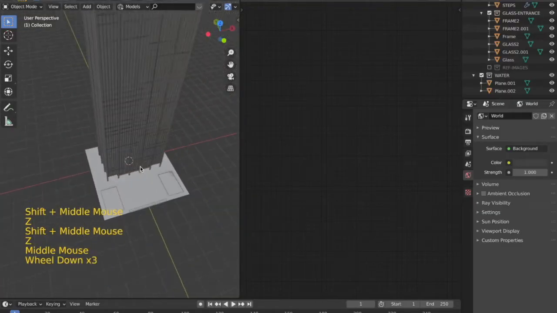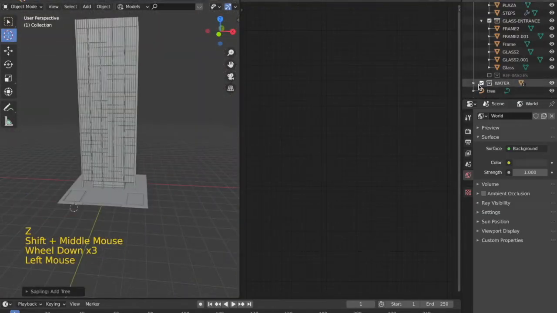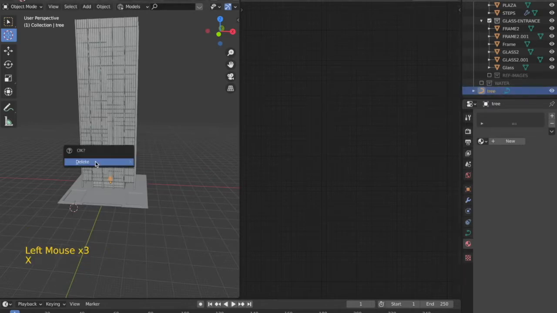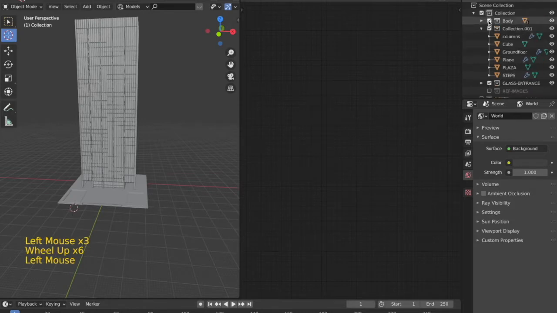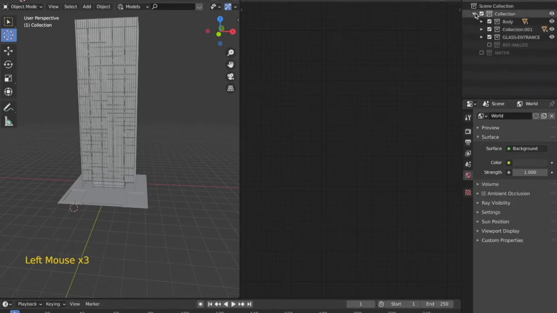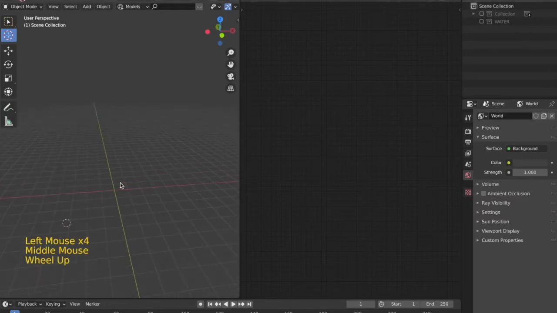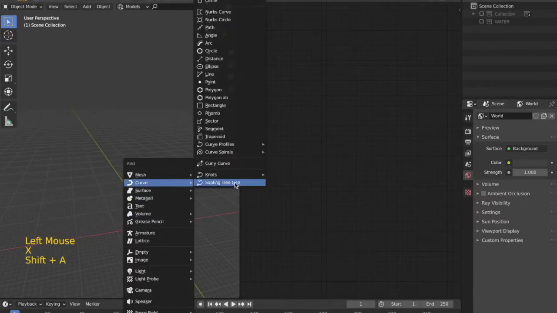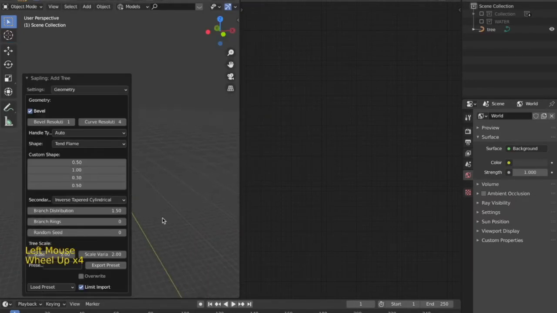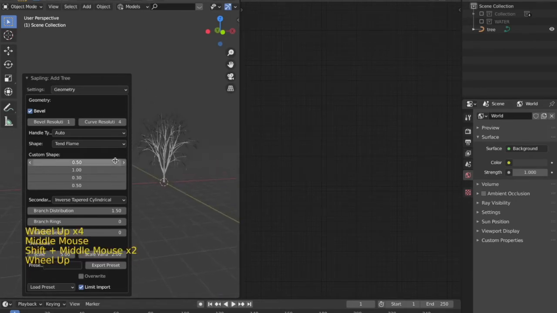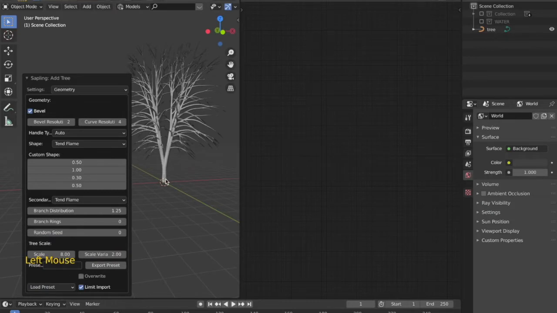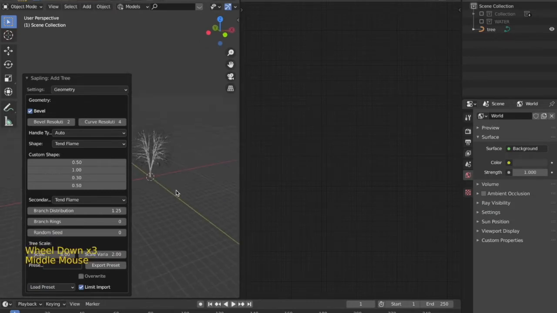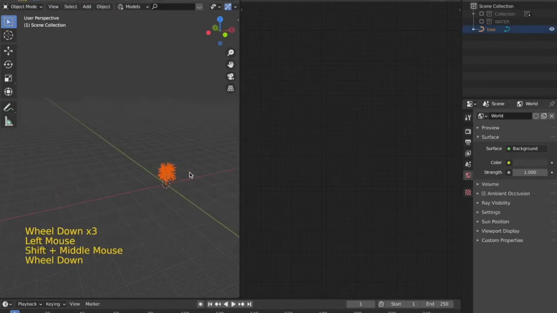Now we are going to add trees on both sides of the building. But again, the trees must not look over the top, but rather something which is very simple, and hence we are going to use the sapling tree generator add-on from the add-on menu. The add-on can be enabled from the add-on menu and can be accessed by pressing Shift A and then going into the curve menu where you will find the sapling tree gen option. Once you have clicked on that, you will see a menu from which you can select whatever tree you want and you can adjust the settings according to the context.